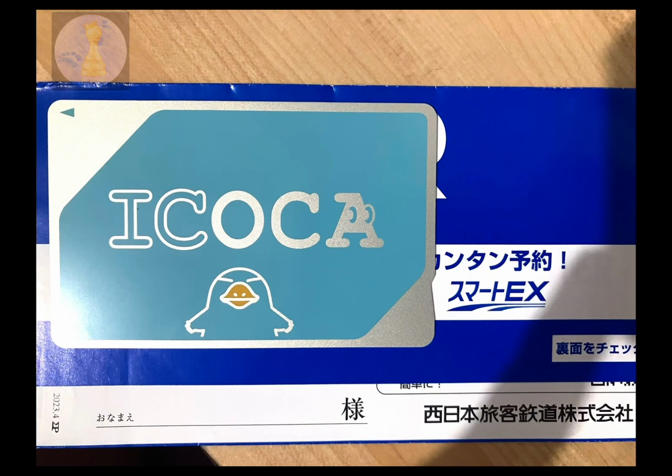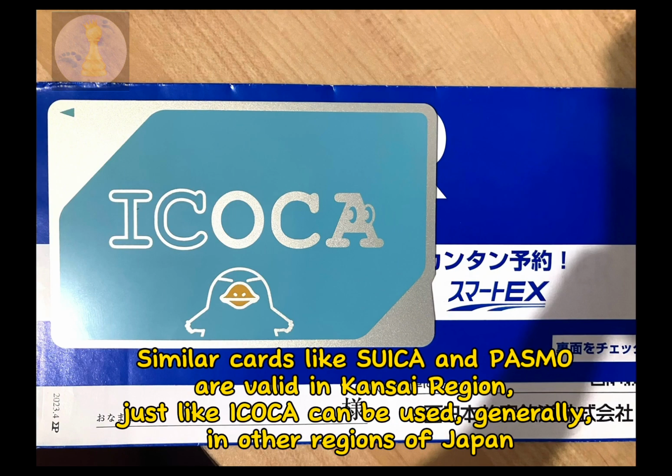Another card that we used when touring Kansai Region is the ICOCA card. This is a main prepaid card in Osaka and the rest of Kansai Region, which means "shall we go" in Japanese. And this is being issued by JR West. The smart cards like ICOCA, Suica, and Pasmo are generally valid across Japan. So don't worry about which one you buy, because ICOCA can be used for all trains, subways, and buses in Osaka, or even in other